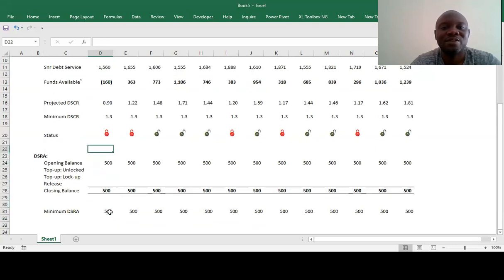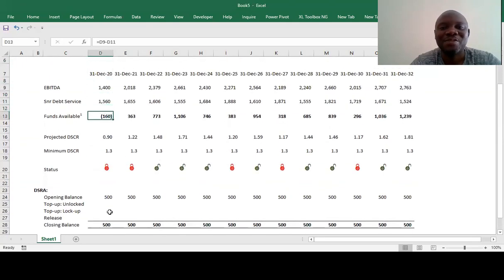So you have actually gone, obviously, into your lockdown, but then you owe the senior lender this 160. So the only funds that you have to pay is only 1,400. It could be $1 million or whatever it is, when you should have paid 1,560. So where is this money going to come from? According to the agreement, it's supposed to come from your debt service reserve account, and that's the logic behind the debt service reserve account.